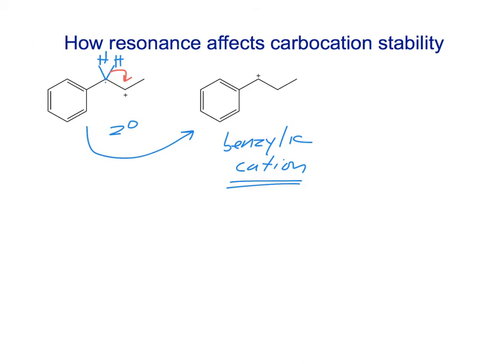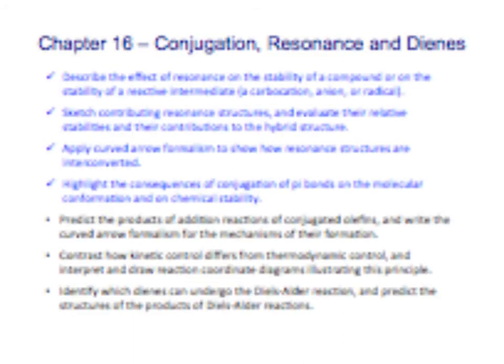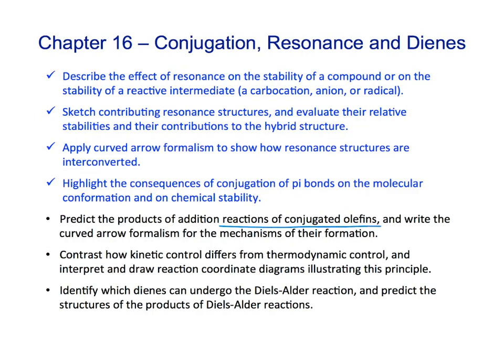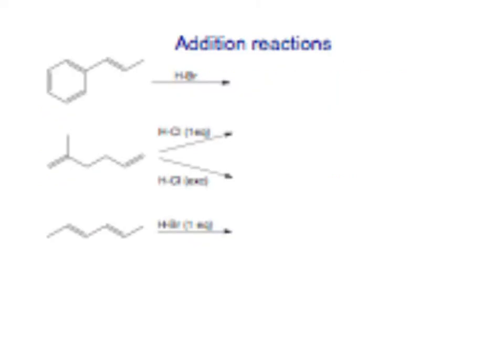So let's go to some reactions. We're going to predict products for the reactions of conjugated olefins, conjugated alkenes. This presents kind of an interesting situation. All right, so let's just look at a series of reactions here. On the top one,